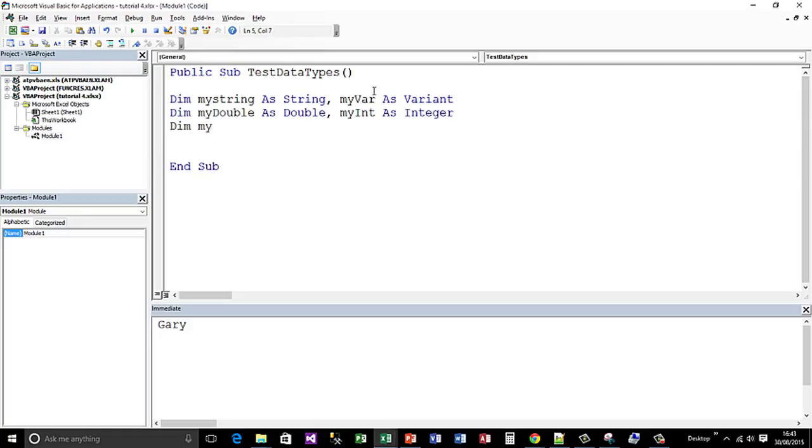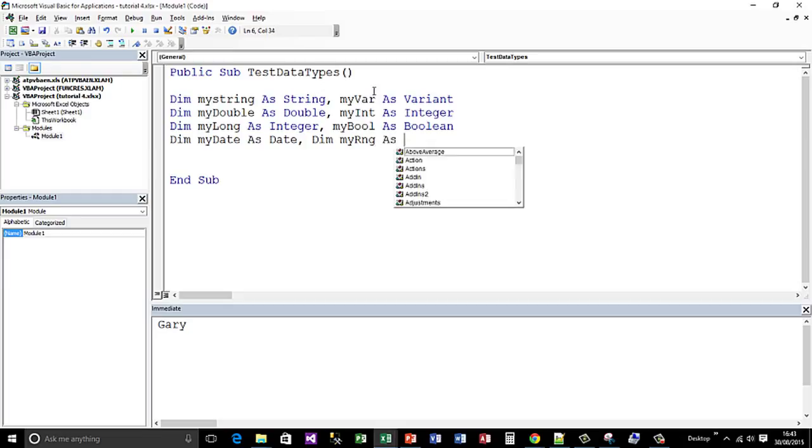Dim my long as long integer. Just takes some more memory. My bool as Boolean, and dim my date, yep, date as date, and let's say dim my range as a range